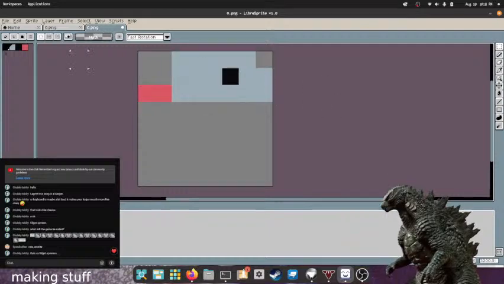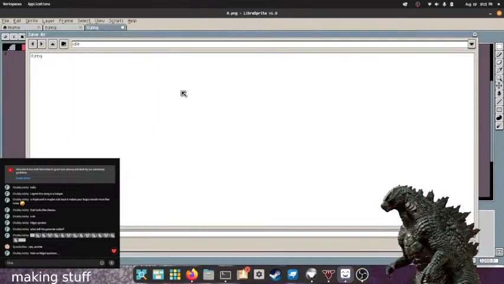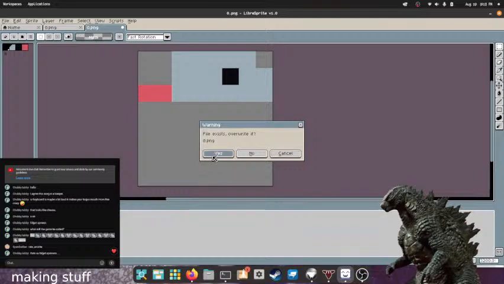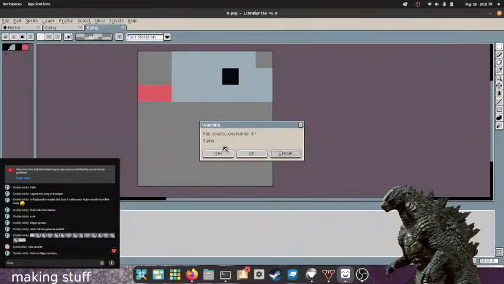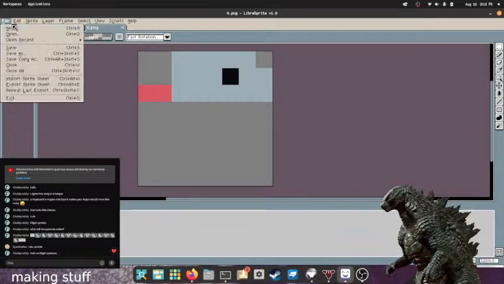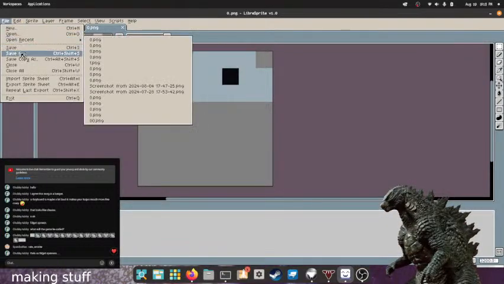So if I just do this, save as, yes, save as, and I can put it in each one. Because I don't actually care about having proper animation for the player. Because they're just a little rat guy. It's fine.